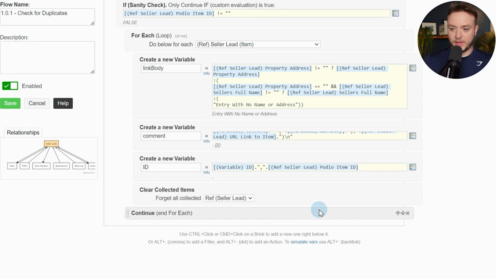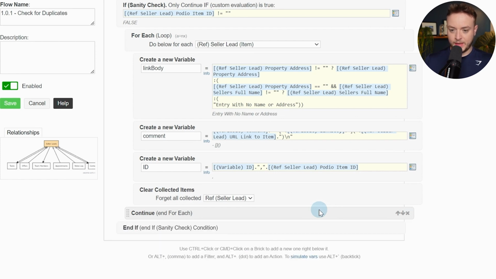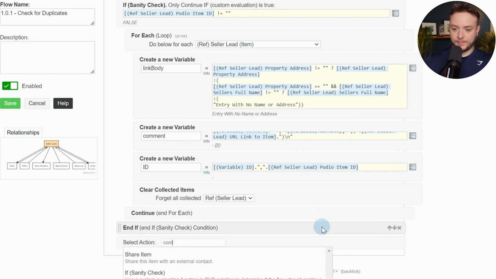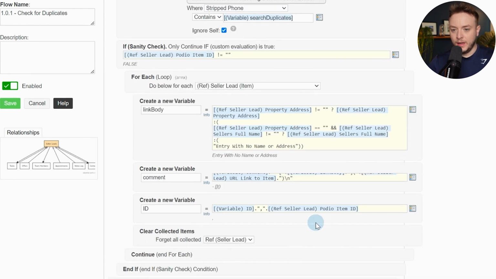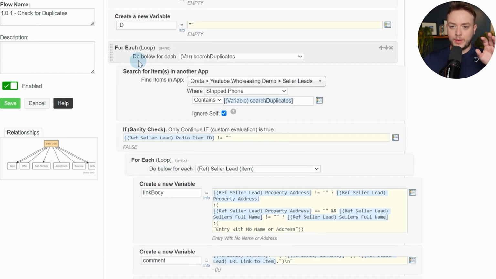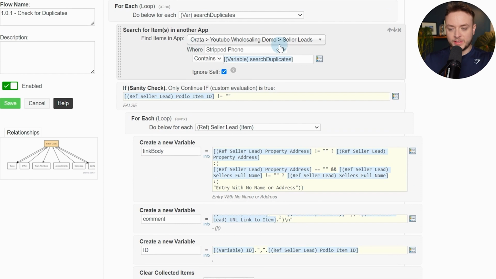All right. From there, we can add an end if and then another continue. All right. So let's have a look. For each of our stripped phone fields, so stripped phone numbers, we're searching the seller leads. If we find one,